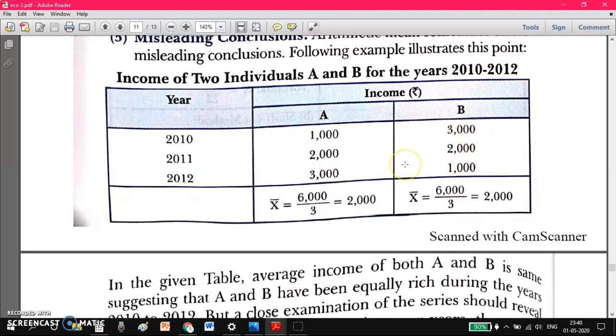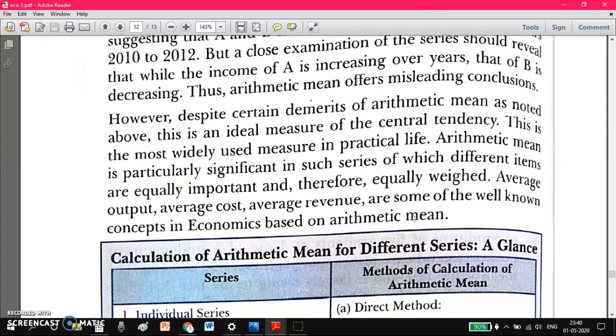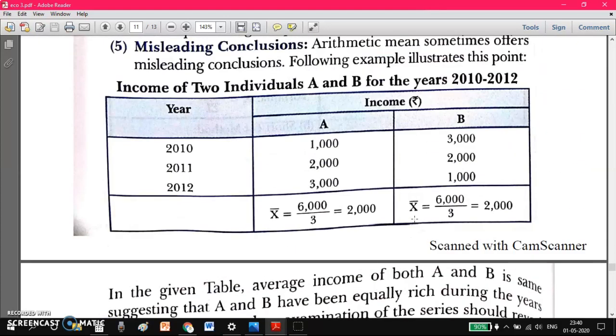तो इसमें क्या होता है कि क्यों इसकी misleading conclusions होते हैं कि mean उसने total value का बताना है, ठीक है, और जितने हमारे total numbers हैं उससे divide करना है. So इसलिए जो हमारी conclusion होती है वो misleading होती है. वो variation नहीं देखता है कि किसकी income या जो भी data हमारे पास है वो किस तरह का है. इसका सिर्फ एक ही meaning होता है, it never questions, it never asks why. Fine. So that is why we are considering it as misleading.